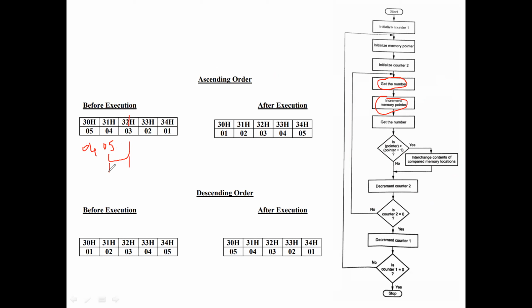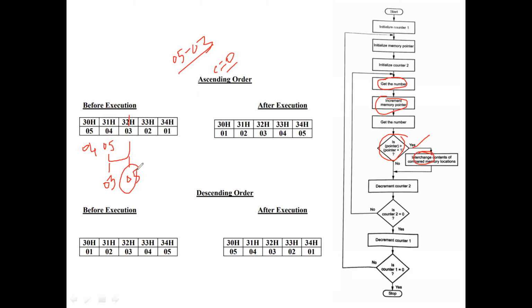After comparison, 5 minus 3, the carry equals 0. The condition is true, so interchange. 5 will move on here and 3 will come here.